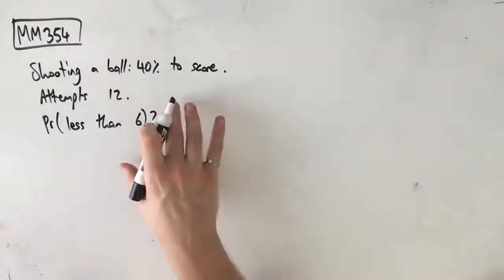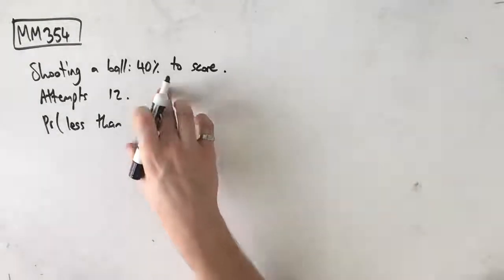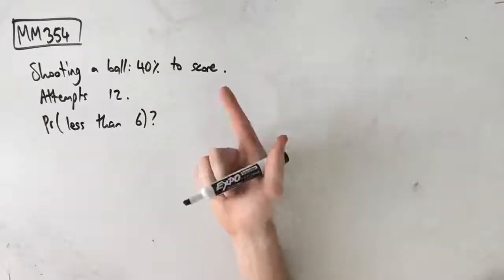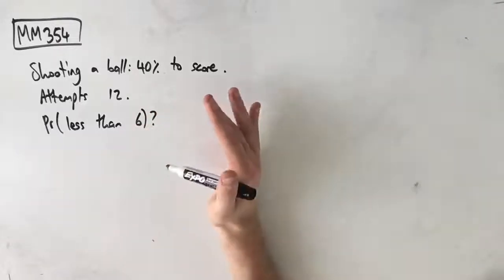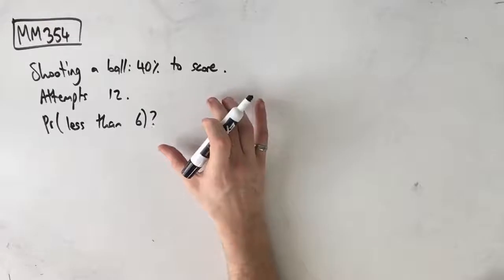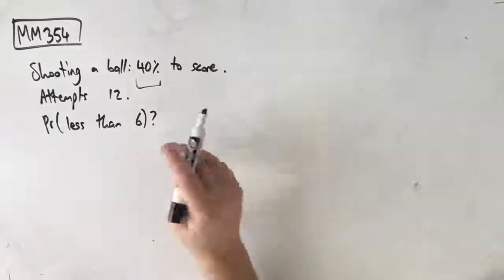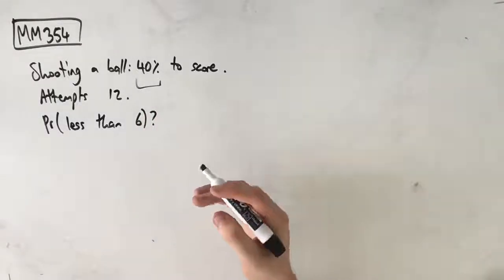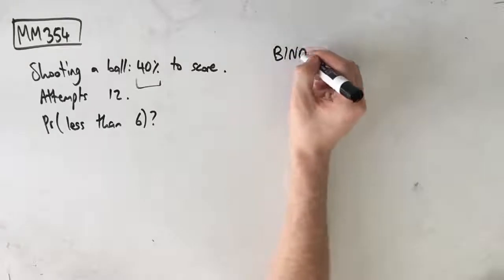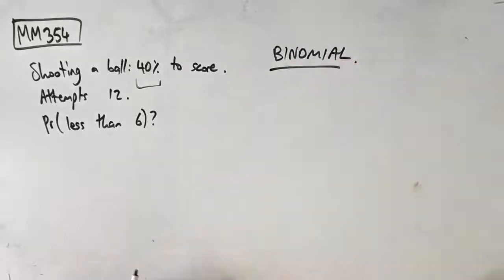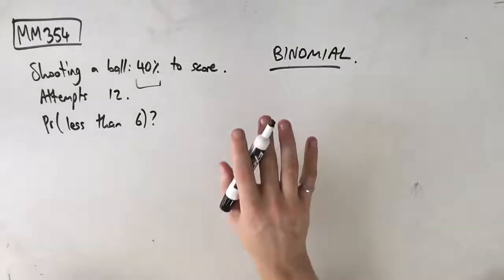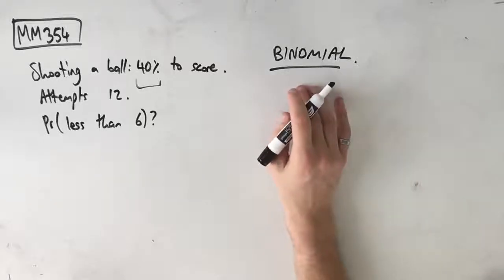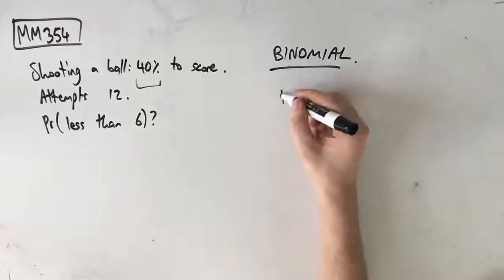So the way to tell with this one especially is, in this example, we have a failure or a success, okay? He either scores or he doesn't in any given shot. There's literally no other outcome. He can score or not score. When there's two outcomes like this and you've got a certain percentage probability per trial or per attempt, that's when we're dealing with binomial distribution, okay? So immediately we should be able to recognize that. And you'll get to know this as you go, and you'll understand the difference between all the different probabilities as we move along. So guys, knowing that this is binomial, straight away we're going to open up our Binomial CDF